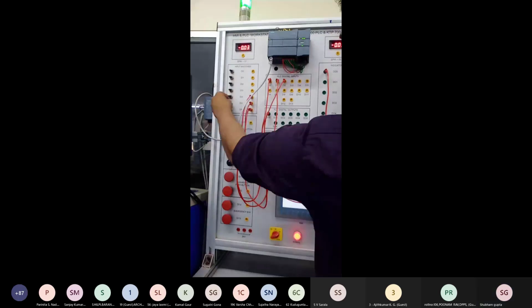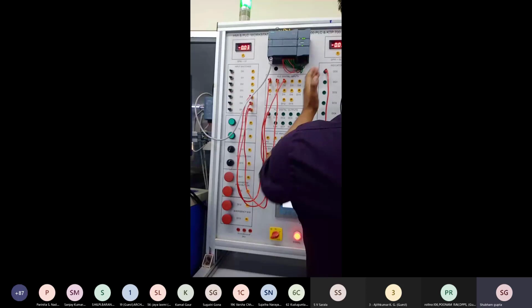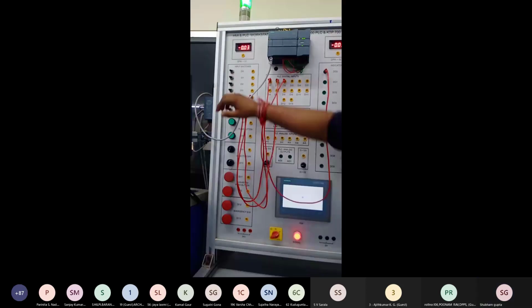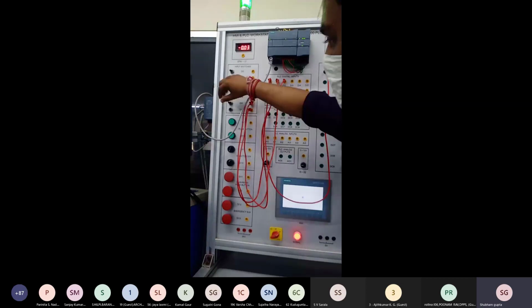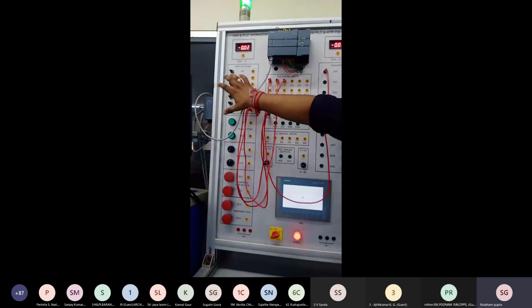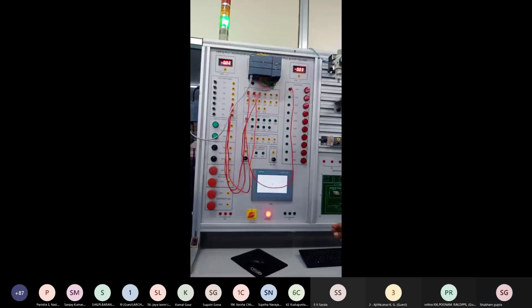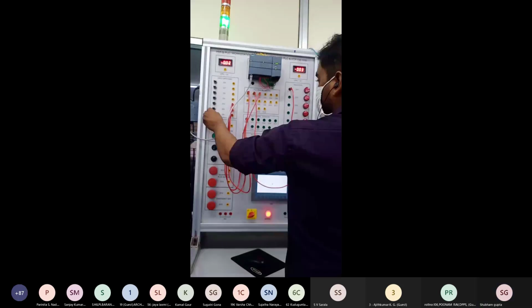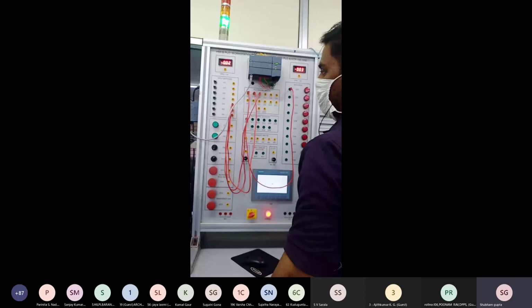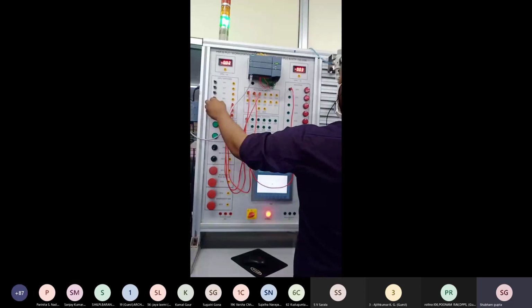But if S3 is pressed and energized, then when we press S1 or S2, the output glows on. But if we de-energize S3, then even with S1 or S2 pressed, the output doesn't get on.